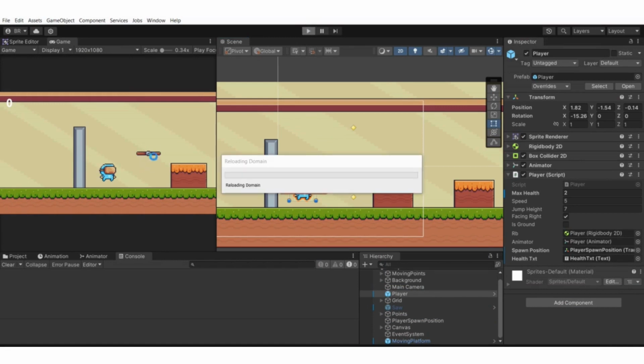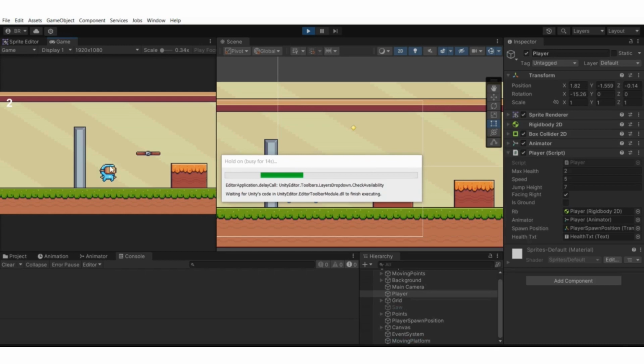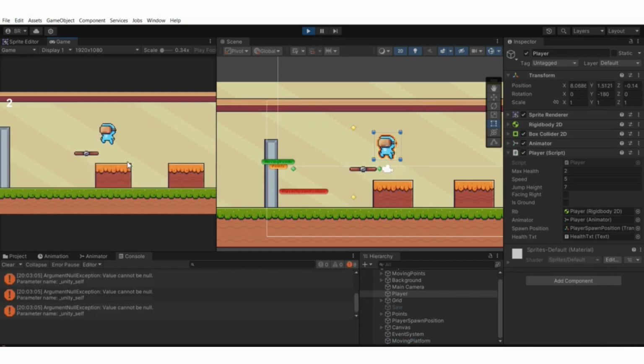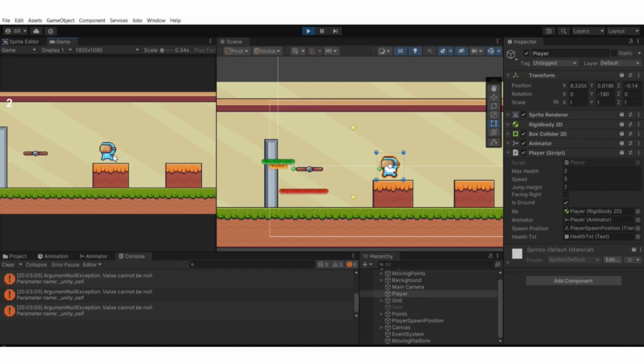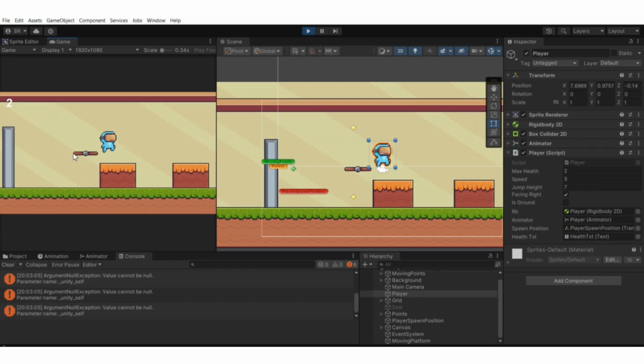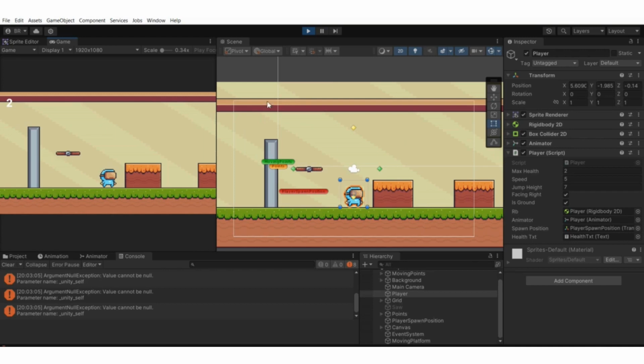If we jump over to this moving platform, as you will be able to see, if I just jump over, we are stuck in the jump animation, and we are also not going with this moving platform. So what we need to do is go to